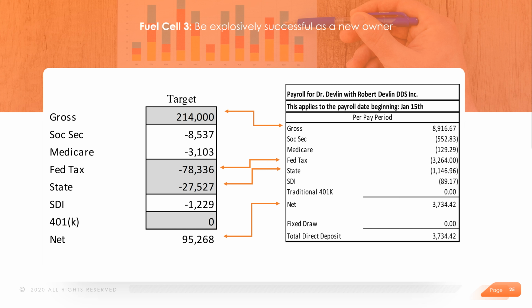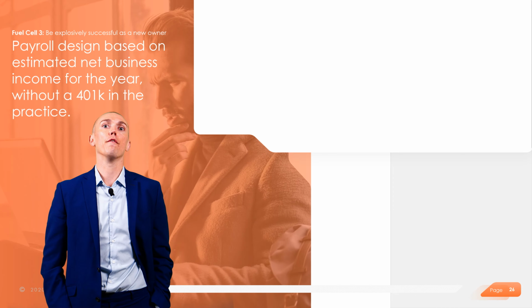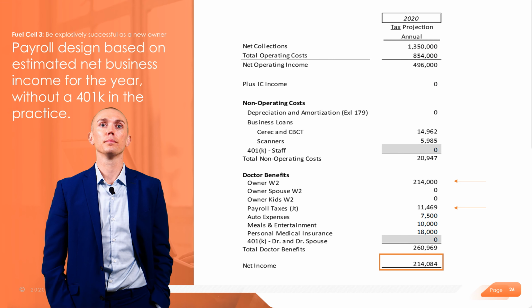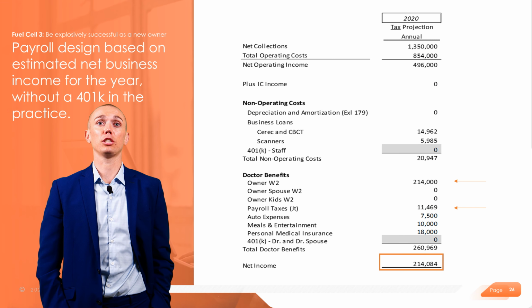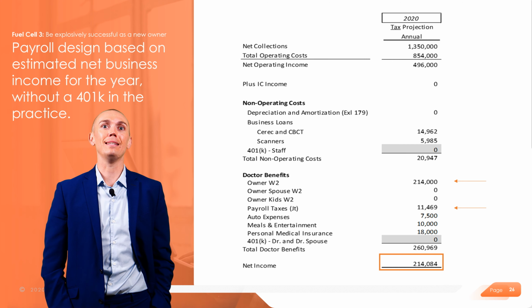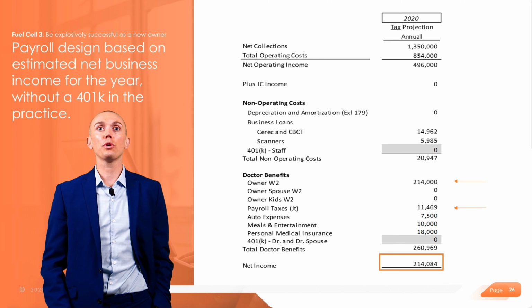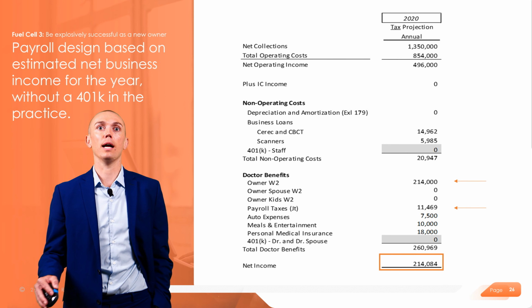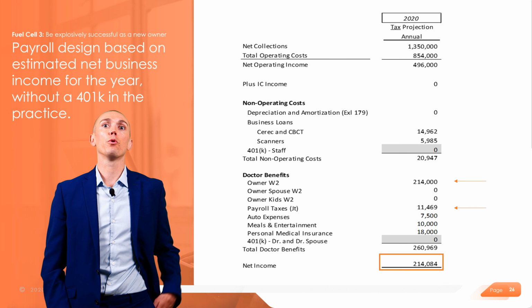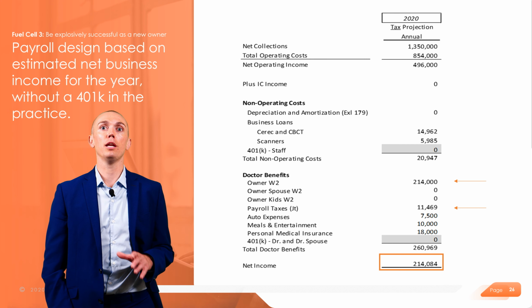So now that we've determined our gross wages, let's circle back to our tax projection tab before moving into the rest of the payroll design. We're looking at the same tax projections as before, but now we have the addition of the gross W-2 wages of $214,000 and the corresponding payroll taxes of $11,469, which leaves us with our new business income estimate of